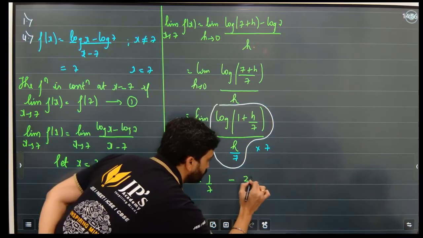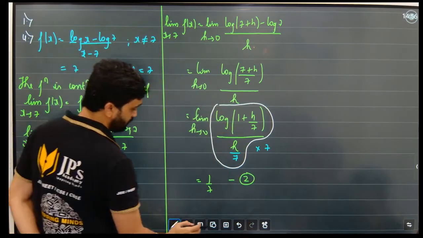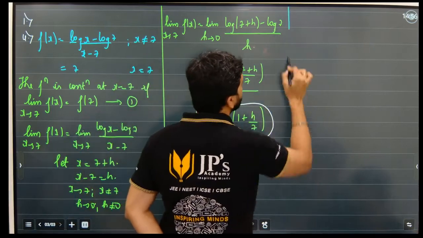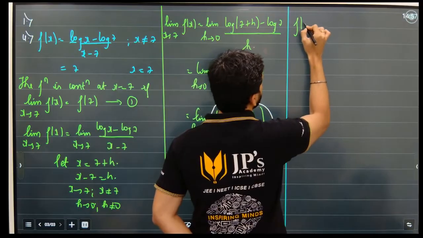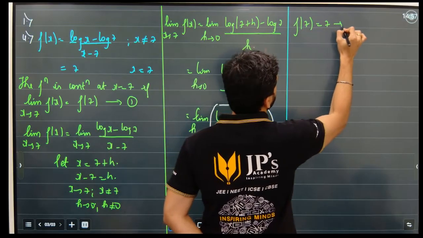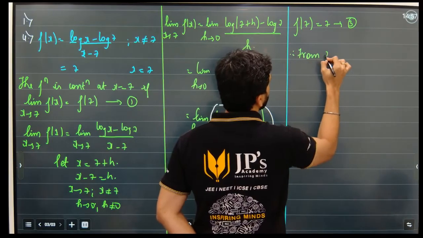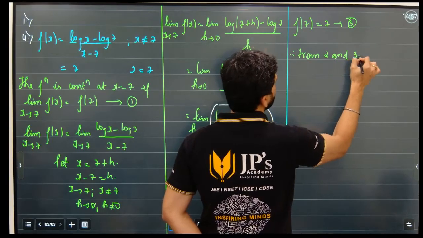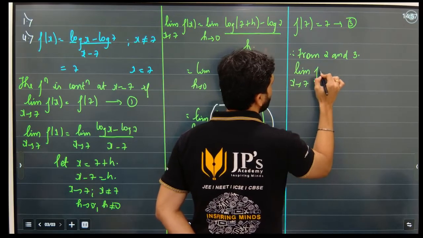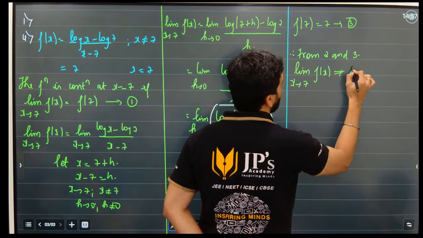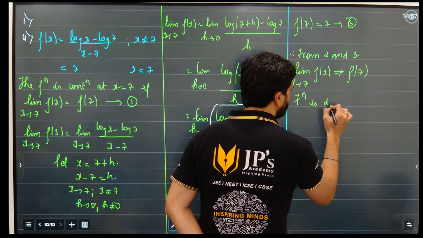This is equation 2. Guys, what is the value of equation 3? 7. What is the value of equation 3? 7. Are they same? Therefore the function is discontinuous. So I'll write f of 7 is equal to 7. This is 3. Therefore from 2 and 3, limit x tends to 7 f of x is not equal to f of 7. Hence the function is